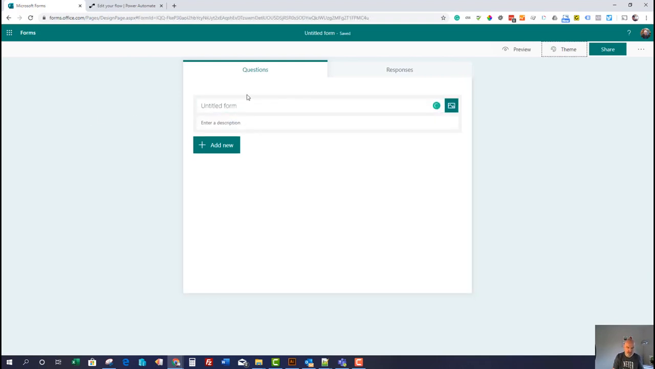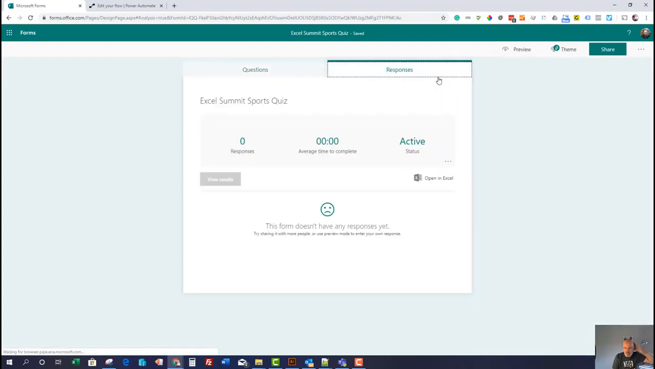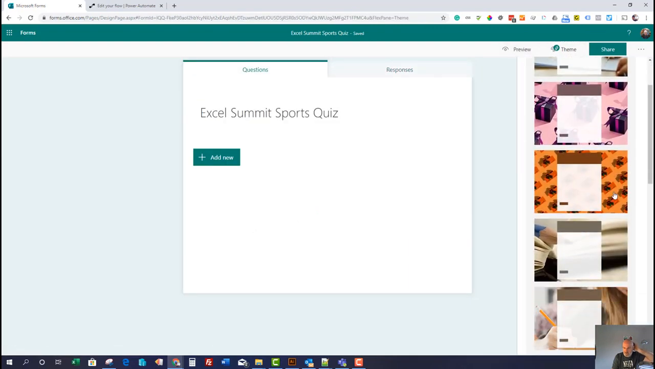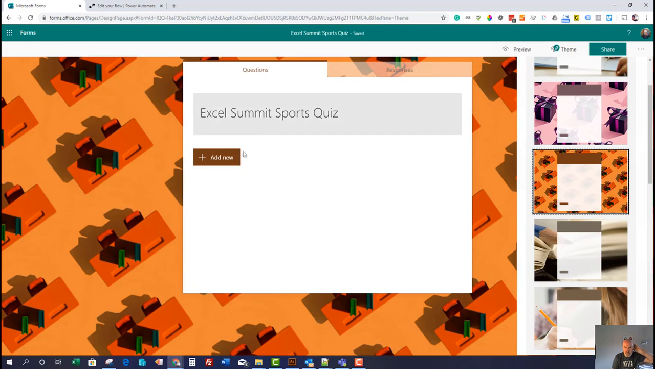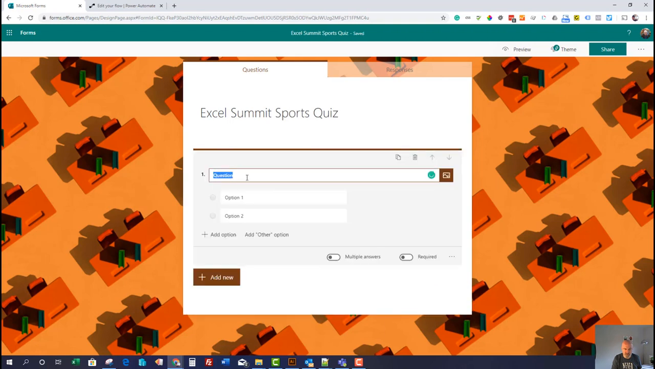Let's call it the Excel Summit Sports Quiz. You can do things inside Forms, like add new images and different colours, so let's pick a theme just to gloss this up a bit. Let's have that one, that's quite nice. So it's going to be a nice brown quiz. Once you've created your title, you have the option of using different types of questions. You can have text, rating and date questions, but for this we're just going to use choices,